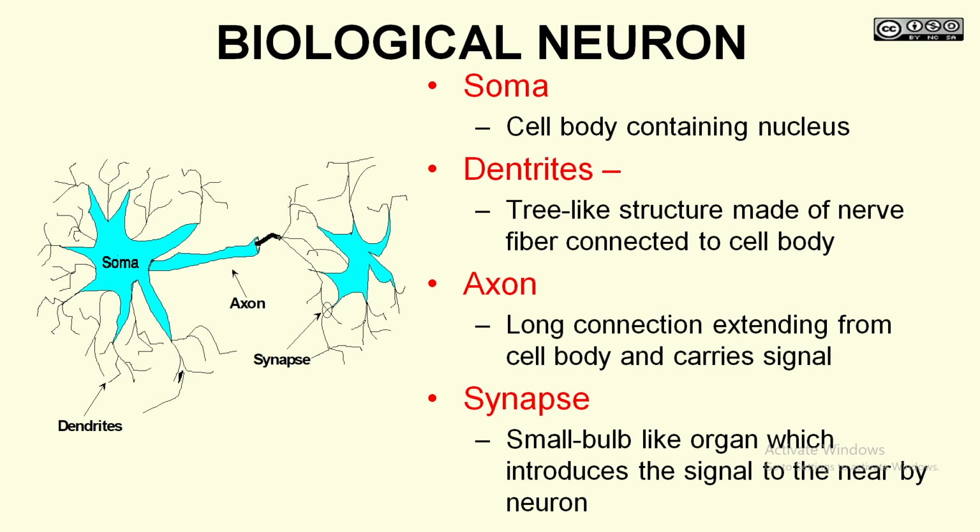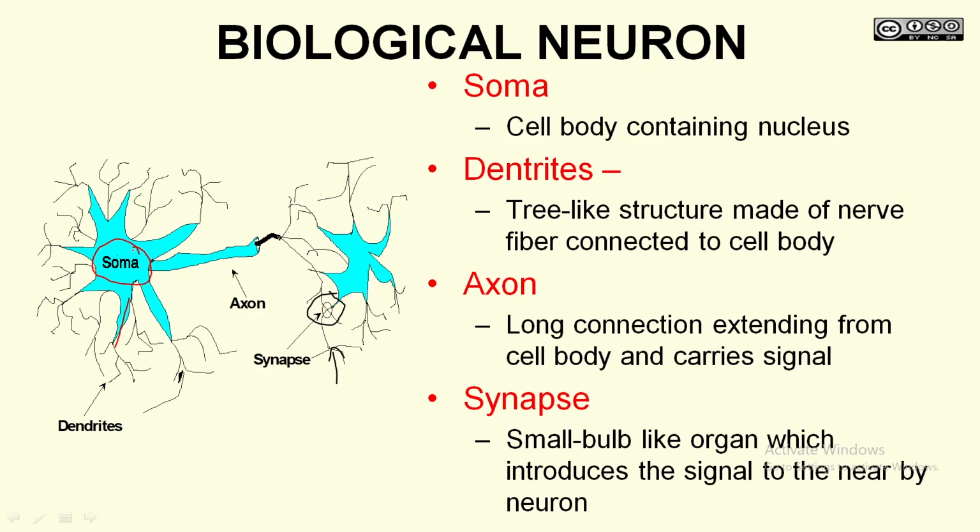From the point where the dendrites are connected to the soma, there is a small bulb-like organ. If you look at it here, there is a small bulb-like organ. So these are dendrites. The dendrites are collecting information and it is about to enter into the soma. At the point of juncture we find a small bulb-like organ, and that bulb-like organ is the synapse. Once the information is fed into the soma via the axon,